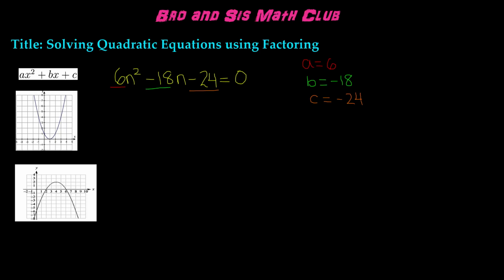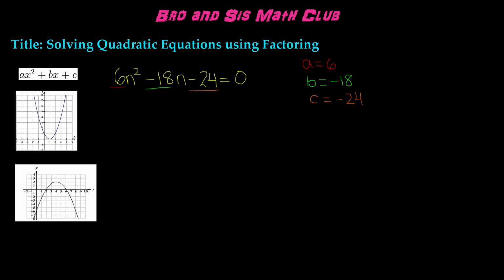Today we'll be learning how to solve quadratic equations using factoring. A quadratic equation is always in the form of ax squared plus bx plus c. When you're graphing the equation, you will either get a parabola that will be going upwards or it will be going downwards. If the value of a is positive, the parabola will be going upwards, and if it's negative, it